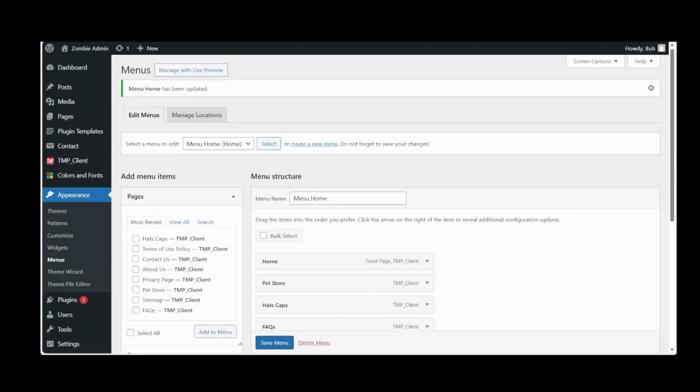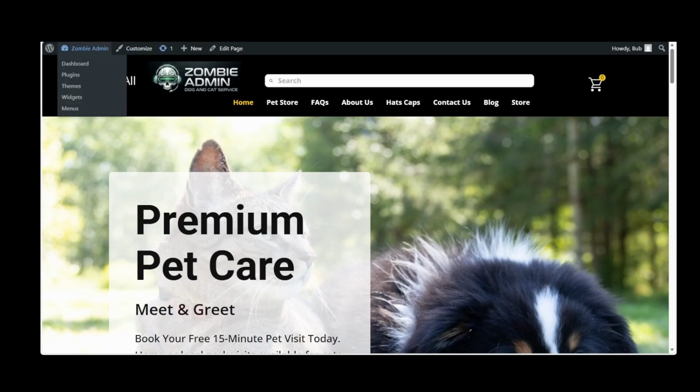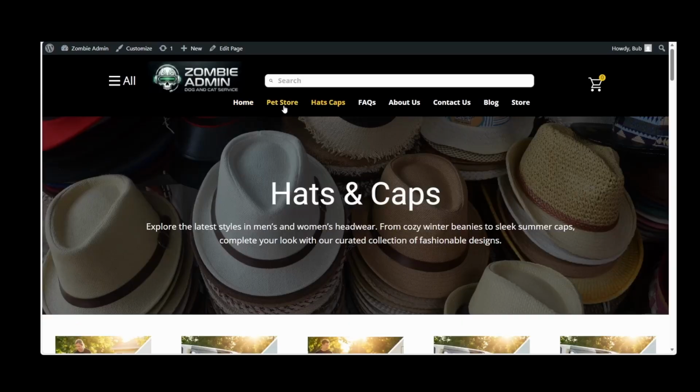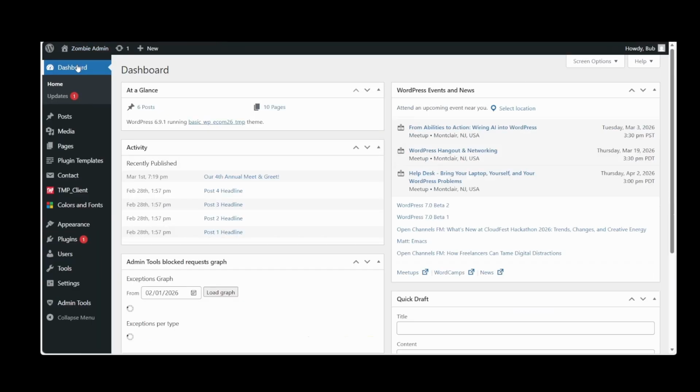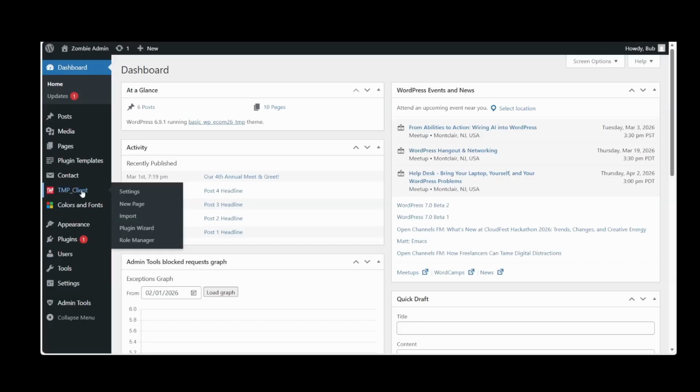And we're going to go to the front end. We're going to refresh. And there it is, hats and caps. Pet store. And we'll take a look at these. Let's go back to dashboard. Let's create a new page. Let's go to TMP client.